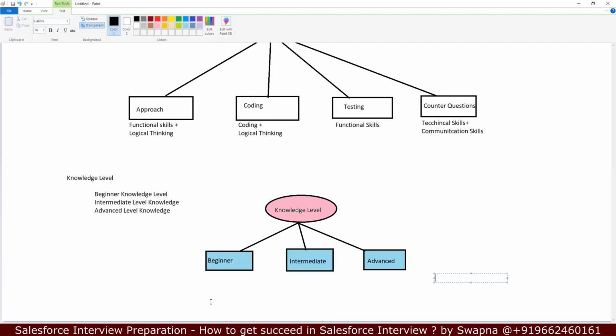Try to give 70% correct answers. And you should have good communication skills. Right? Communication skills are very important, at whatever level and whatever stage you are in. Communication has to be clear, crystal clear. Whatever you want to say, say it the right way. The communication has to be conveyed properly.